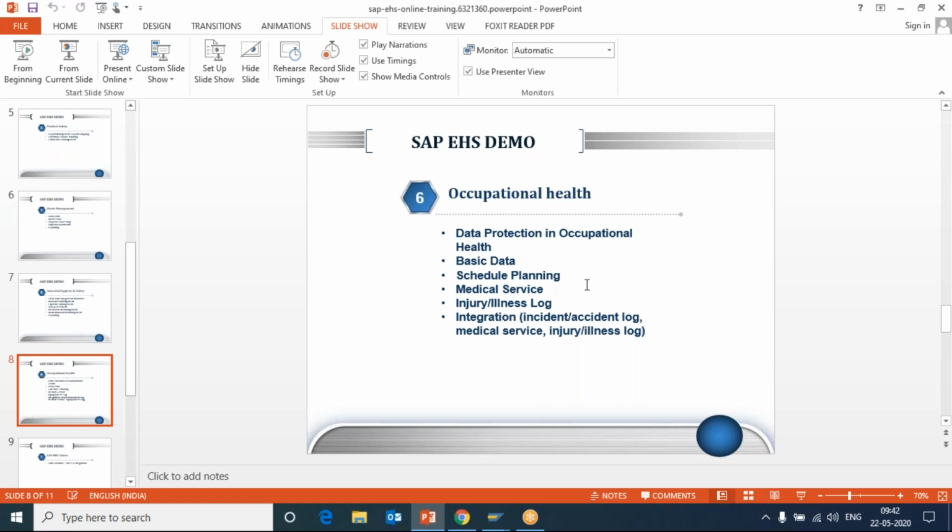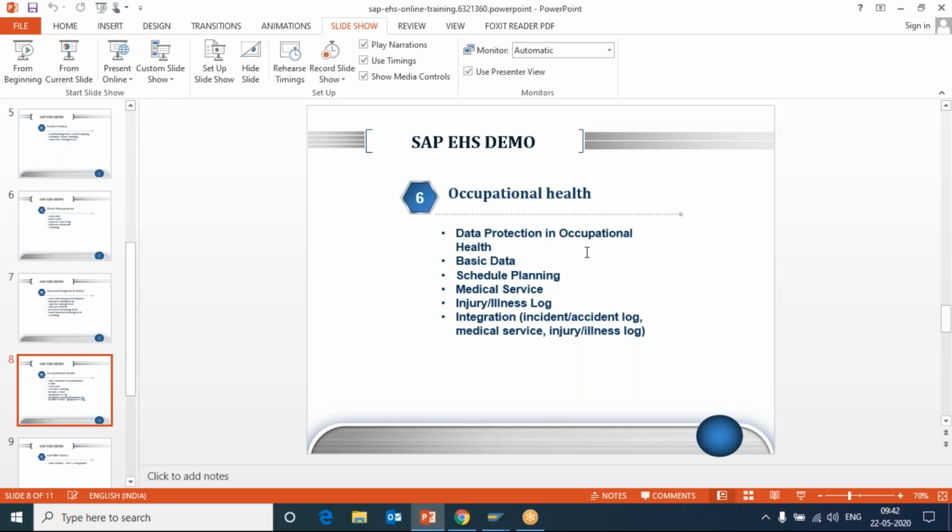And the HR module or HCM module is the one that is integrated along with occupational health, because when we say employee data, automatically the HR department comes into picture. So you have to understand one thing: SAP EHS cannot function alone. It's not just a standalone module.